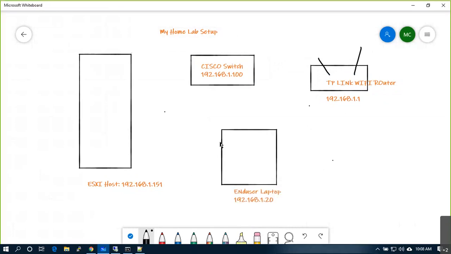I picked one cable and connected here, one more cable and connected here, and one more cable connected here. And the internet cable goes to